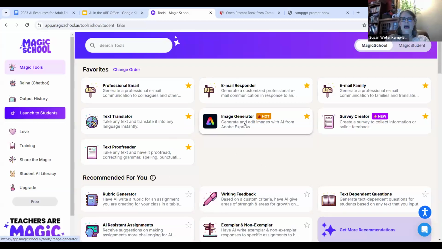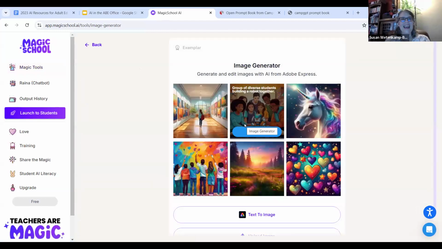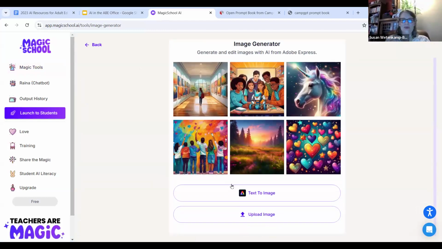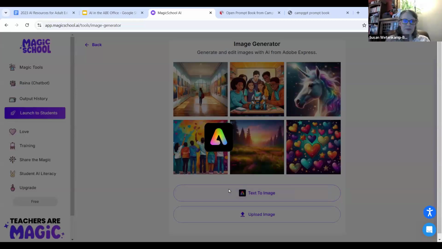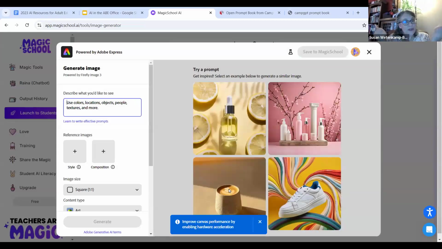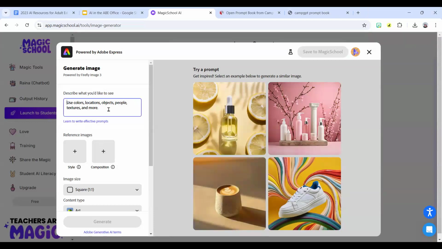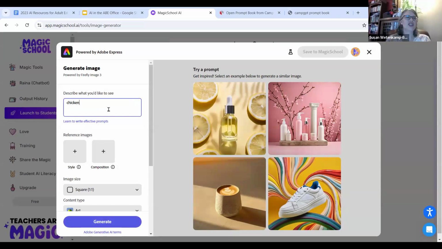And then I did want to look at the image generator because it is working for me today. So hopefully it'll continue working for us. And we can just hit text to image here. And it's working beautifully today, pops right up. So what you do is you just go in here and type in what you'd like to see an image of. So Patsy, what would you like to see an image of? I'm going to ask you. Oh my goodness. Let's see an image of a chicken reading. A chicken reading a book or a magazine? Or book.